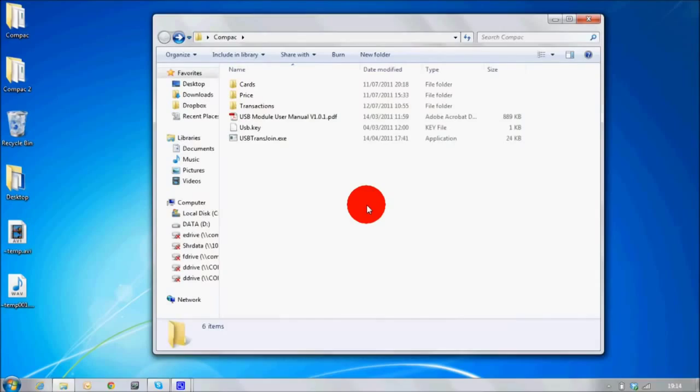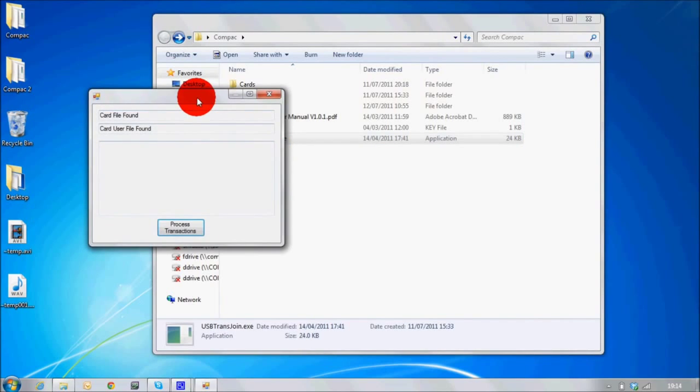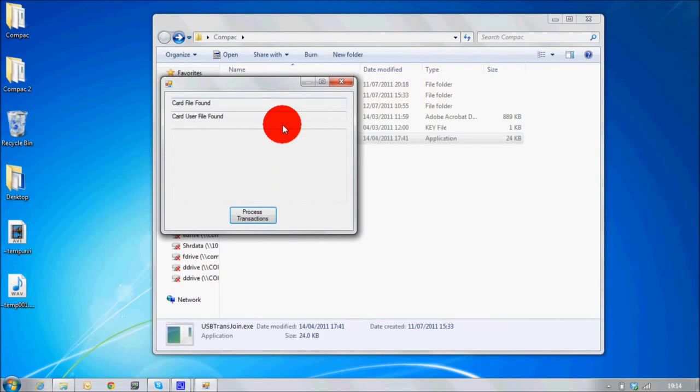The USB should appear as a new drive on your PC, and after you browse to its location, the first thing to do is to open this transjoin.exe. This opens up this dialog box here, and basically when you hit this button it will collect all the information from the card and card user file and populate it to the transaction file. If you get this message here showing that's completed, then you know that it has, and you can close this